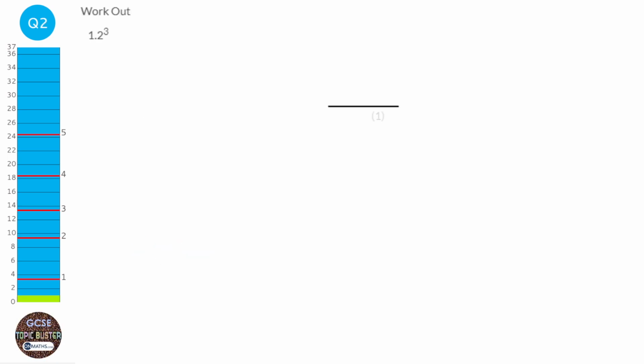7,634. So we can either use the calculator to work out what 1.2 cubed is, or we can do 1.2 times 1.2 times 1.2. Now if you want to use the calculator to go straight there, you're going to type in 1.2, and then normally there's a button that looks like this, X with a little 3, and that will give you the answer. Or if you're not sure how to do that, you can times it by itself 3 times, and you get the answer